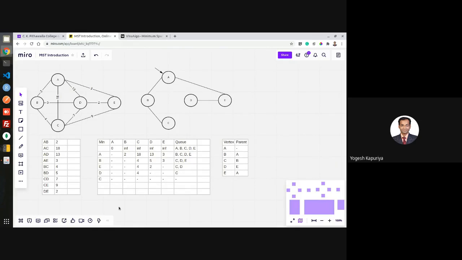So after all these steps, what you are getting is this tree via this table. This is 2, this is 3, again this is 2, this is 4. So if you add 2 plus 3, 5, plus 2, plus 4, 7. So that is 11.